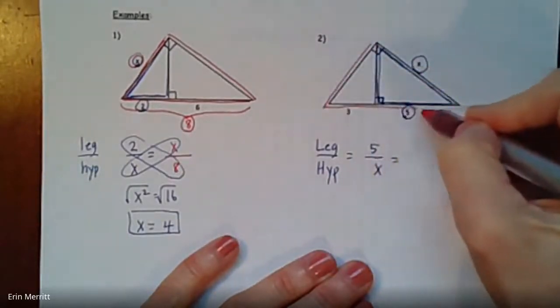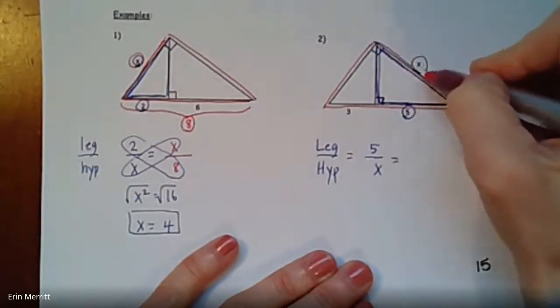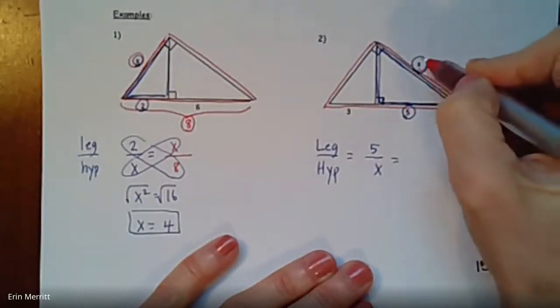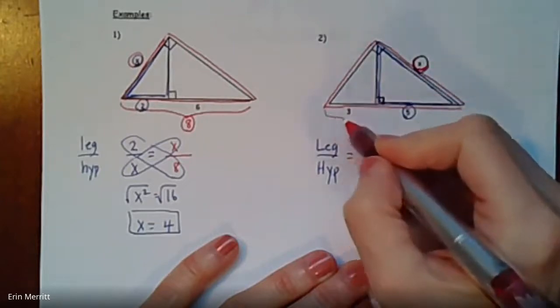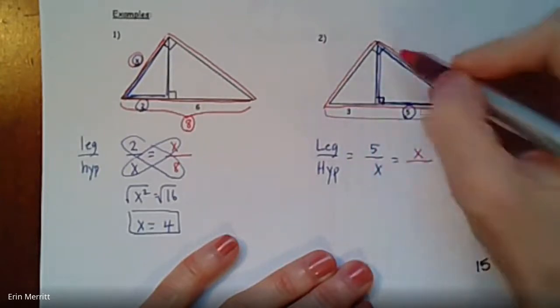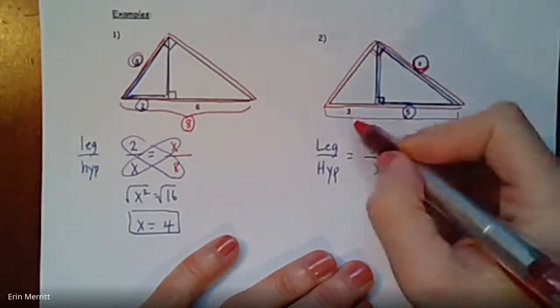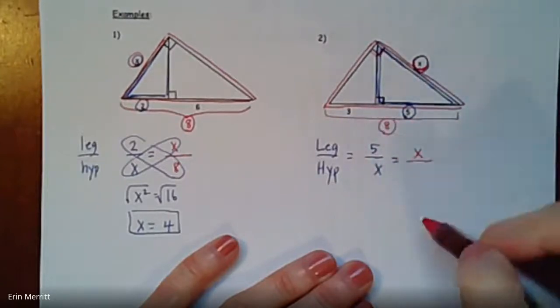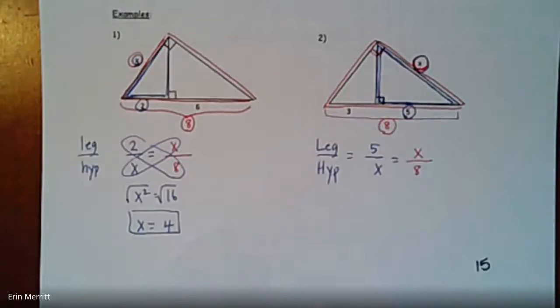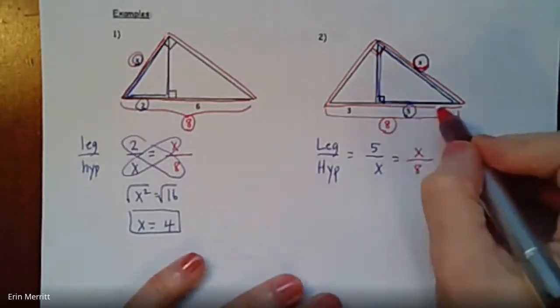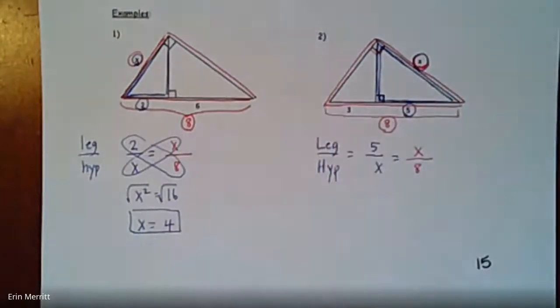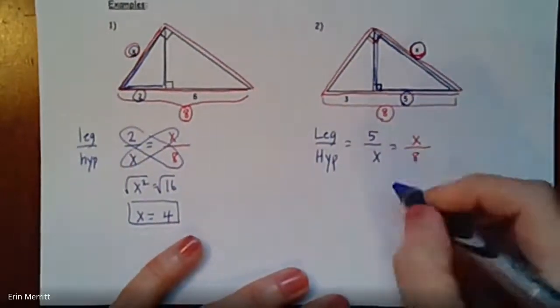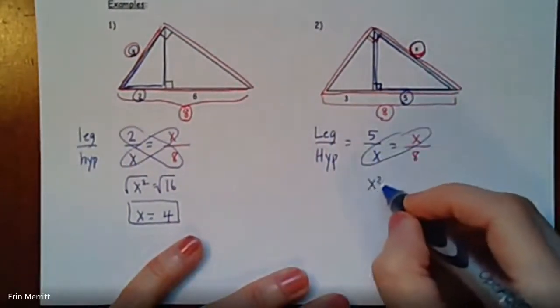Look at the big triangle. In the big triangle, x is now the leg. So as x is to, this whole thing is the hypotenuse of that big right triangle. So 3 plus 5, we get 8. And that's our setup. So it's the leg is to the hypotenuse, as the leg is to the hypotenuse like that. All right, when you cross multiply, we get x squared